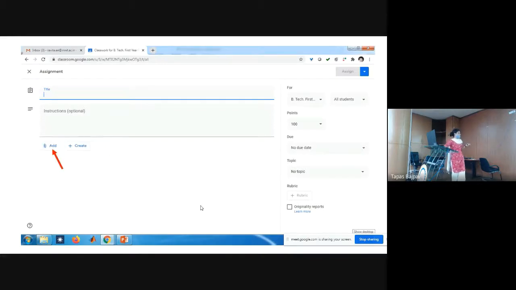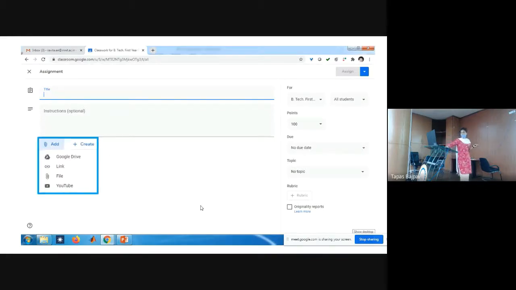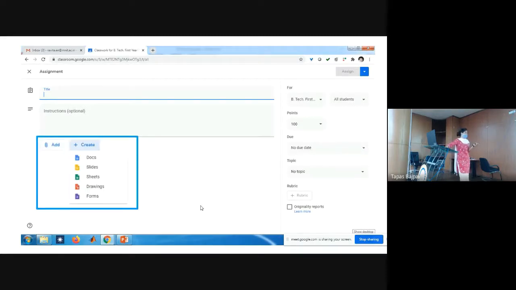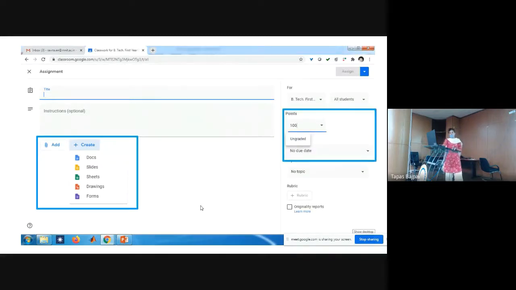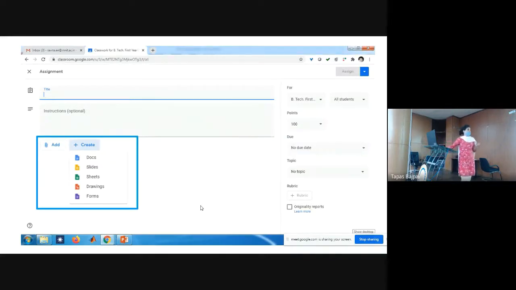When you click add, it will show Google Drive, link, file, or YouTube video. When you click create, it will show Google Docs, Slides, Sheets, Drawings, and Forms.